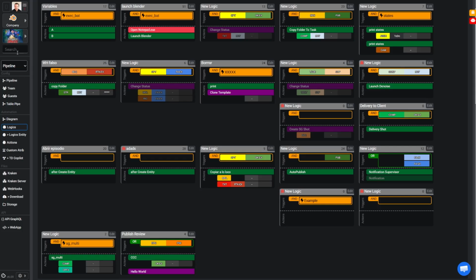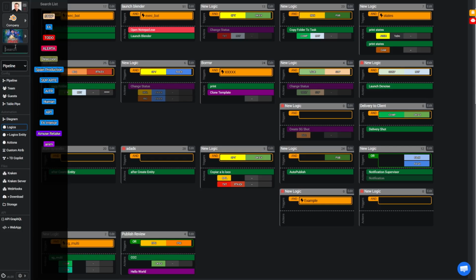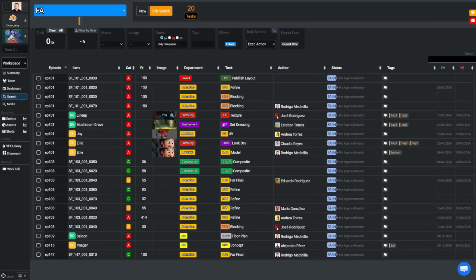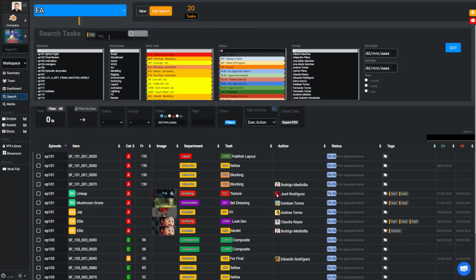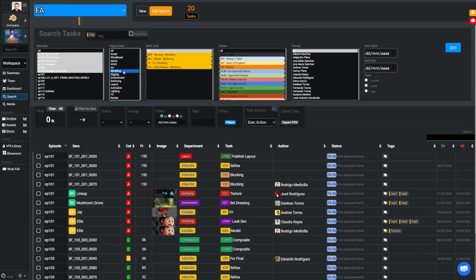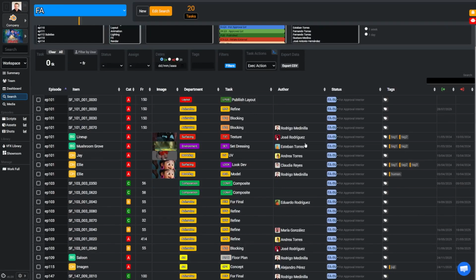At all times, producers can use predefined search engines to locate files pending approval, allowing them to find any pre-production file or required asset through a search system. This can be filtered by episode, department, task status, or even by individual users, giving them full visibility into which tasks exist and what state they are in. In short, the system is highly integrable.